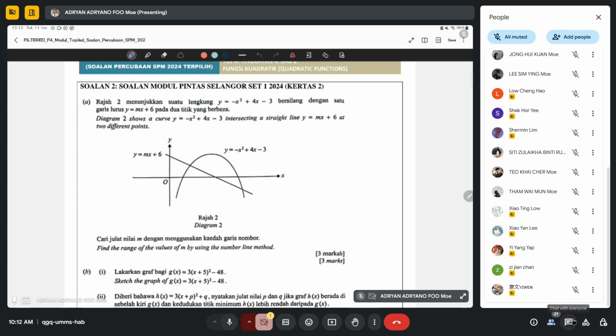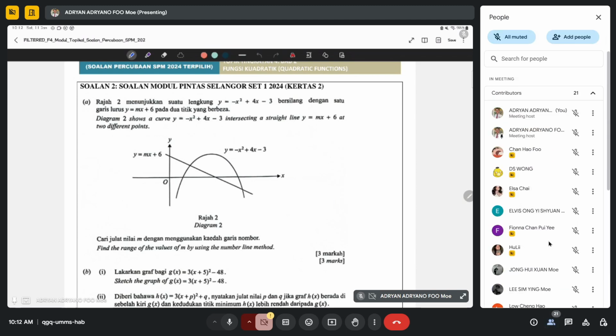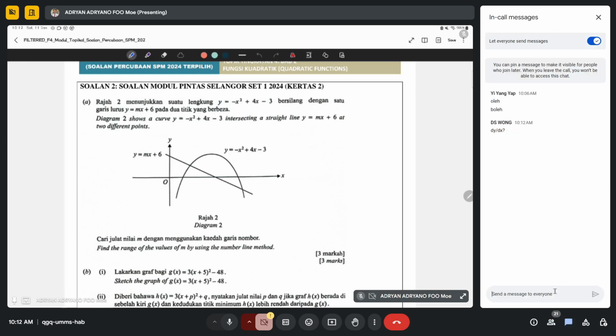Now I want to find range of m. So what would you do? 有什么东西有关系到 range 的在 quadratic 这个 topic？Yes, good. b square minus 4ac。所以你已经有 idea 了。